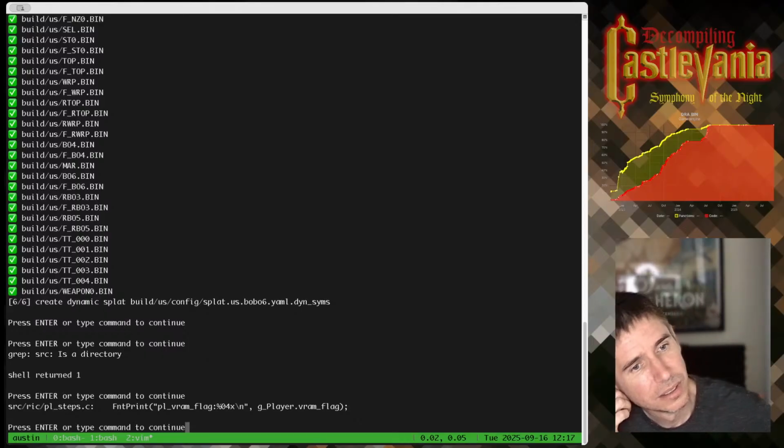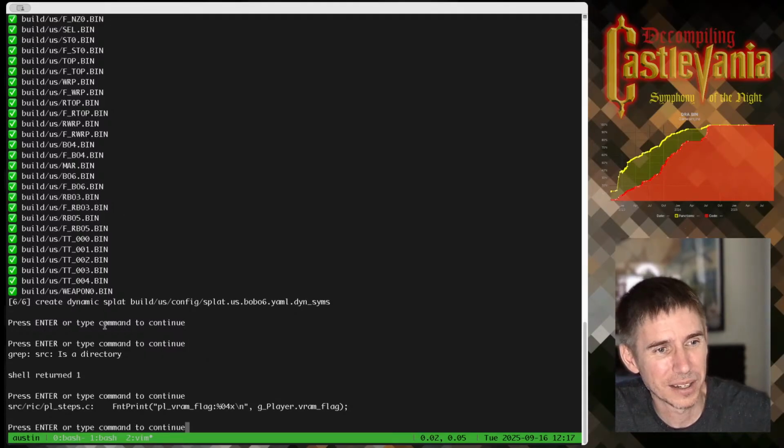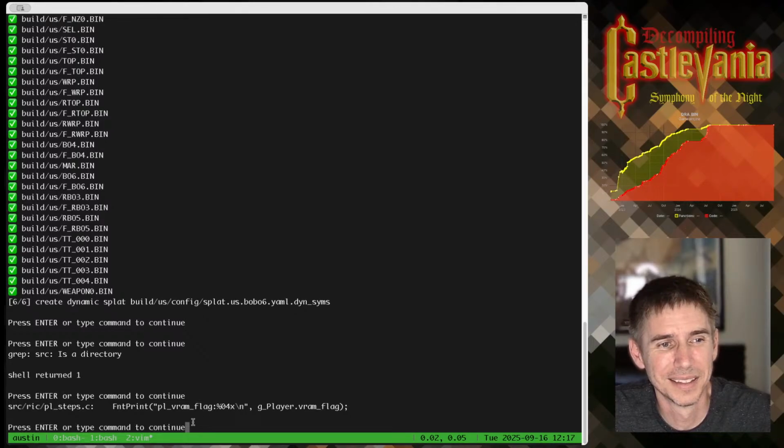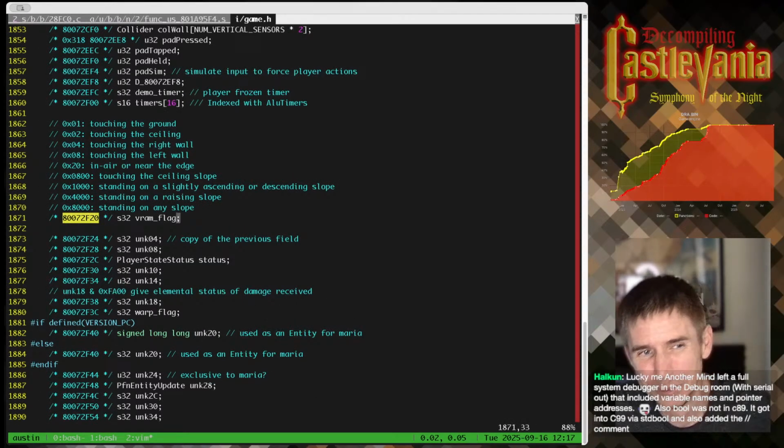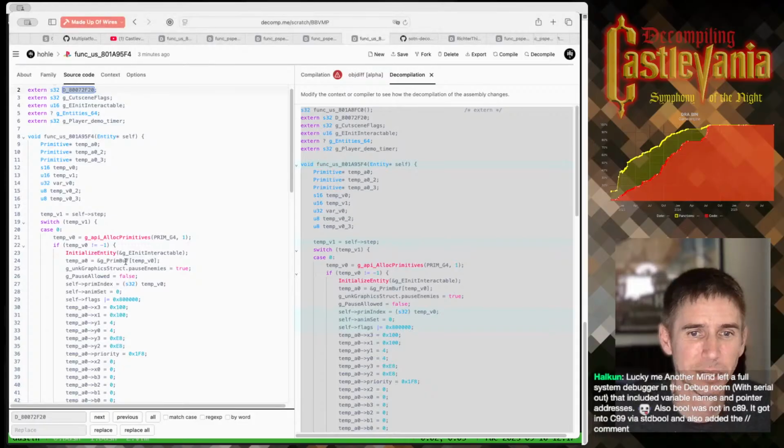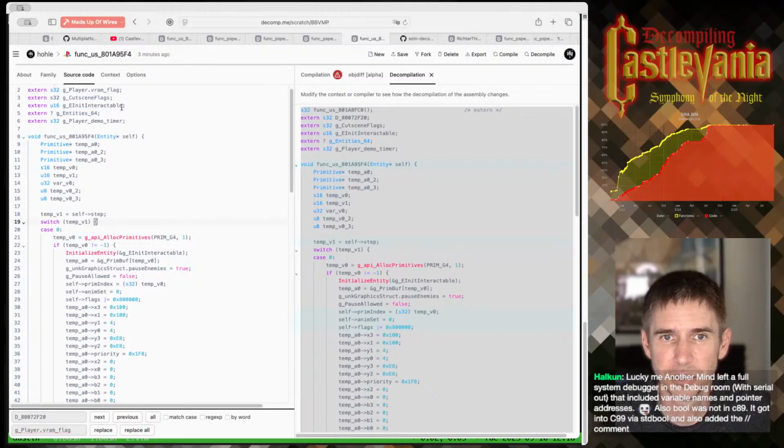Way back when somebody was decompiling Richter, this one debug print statement for this particular field was enough to convince somebody that this was the appropriate name. I don't think it's appropriate, but what are you going to do? Possible that it was used for that in that instance.